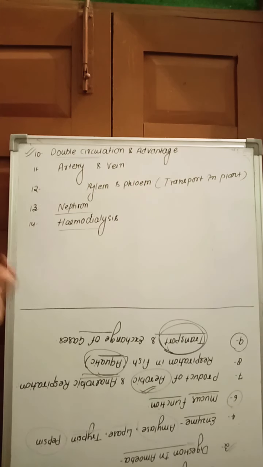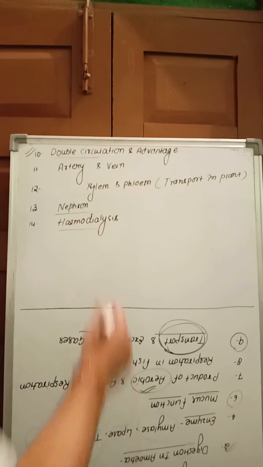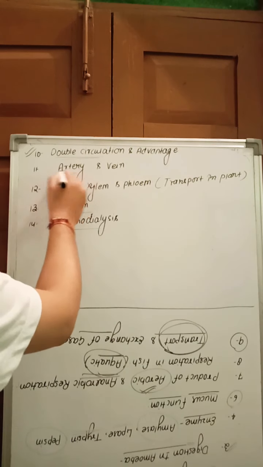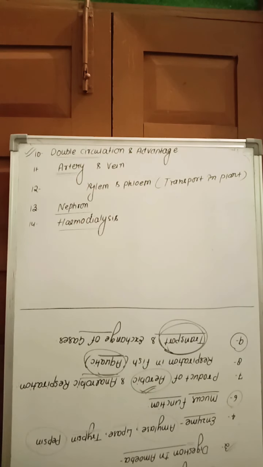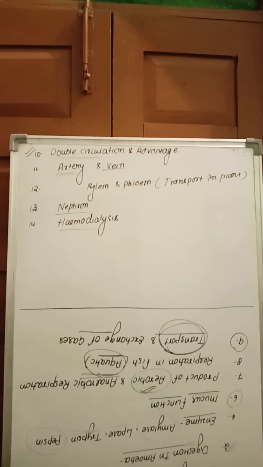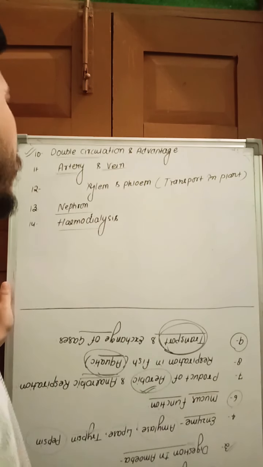The wall of the artery is thick, and blood flows at high pressure. Arteries generally carry oxygenated blood, but one artery, the pulmonary artery, carries deoxygenated blood. Artery color is pink because it carries oxygenated blood. Veins are thin but less flexible, and they carry deoxygenated blood, except the pulmonary vein. Its color is blue because it carries deoxygenated blood. That is the meaning of pink and blue. Understand?